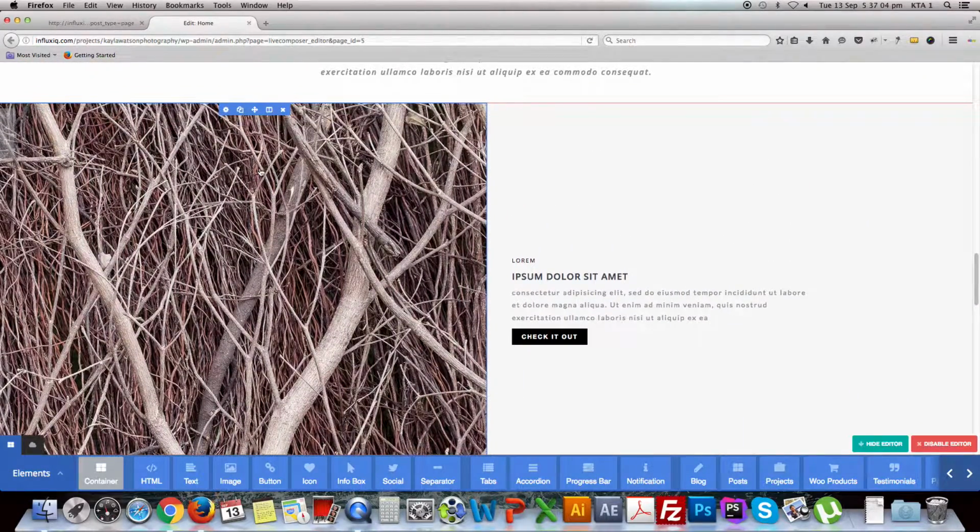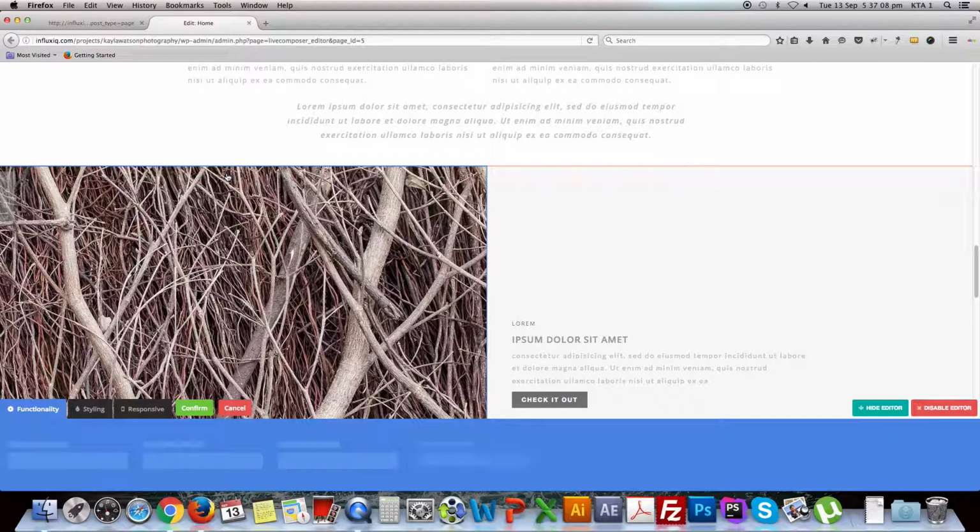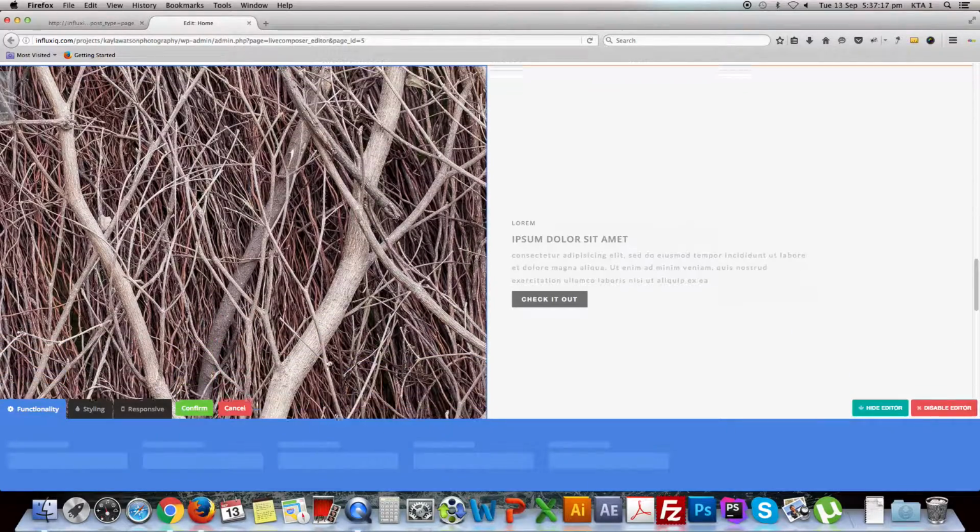For the images like this, click on the gear icon over here. Just give it a moment to load.